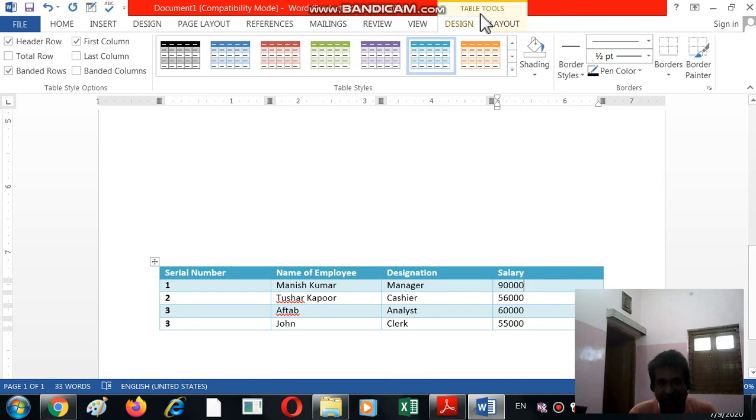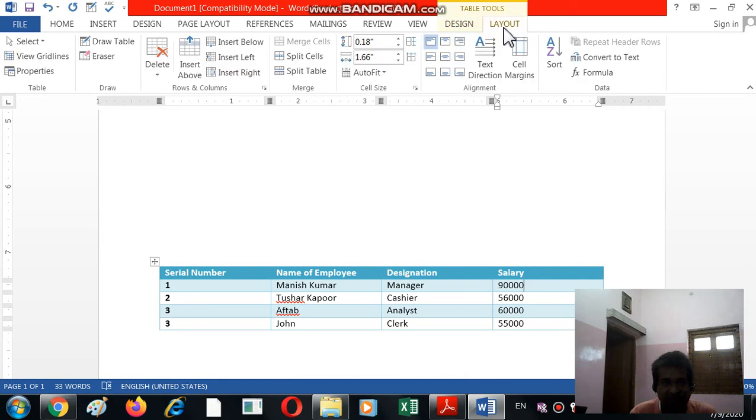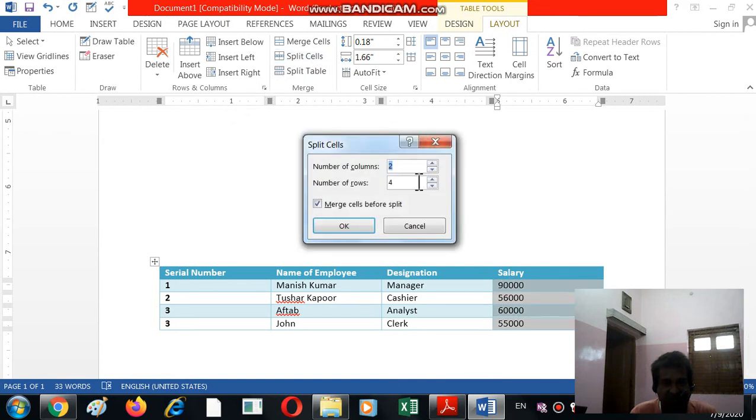How can you do that? For that purpose, you come to the Layout part and click the Split option. Select this one. Split Cells. So number of columns, I want 4. Number of rows 4, okay.